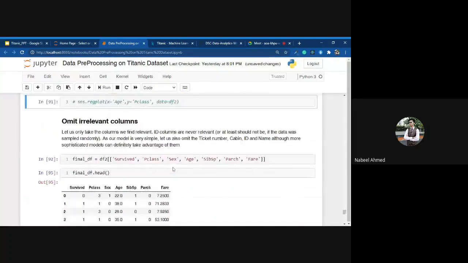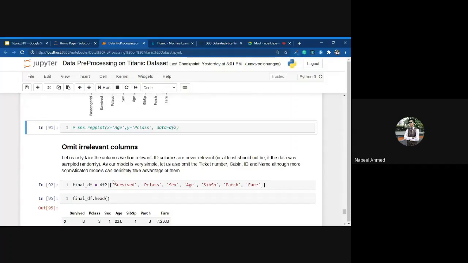All right. So after doing till here, I just cleaned the age column, I cleaned the survive column, I cleaned embarked, and now I'm removing all the irrelevant columns. I'll tell you why I removed this. I removed Pclass because again it was classes, defined as first class, second class, third class. I don't think that's of use here, although I can include it. Sorry, I'm including these variables. I just include these variables: survive, Pclass, sex, age, SibSp, Parch, and fare. And the variables which I did not include were